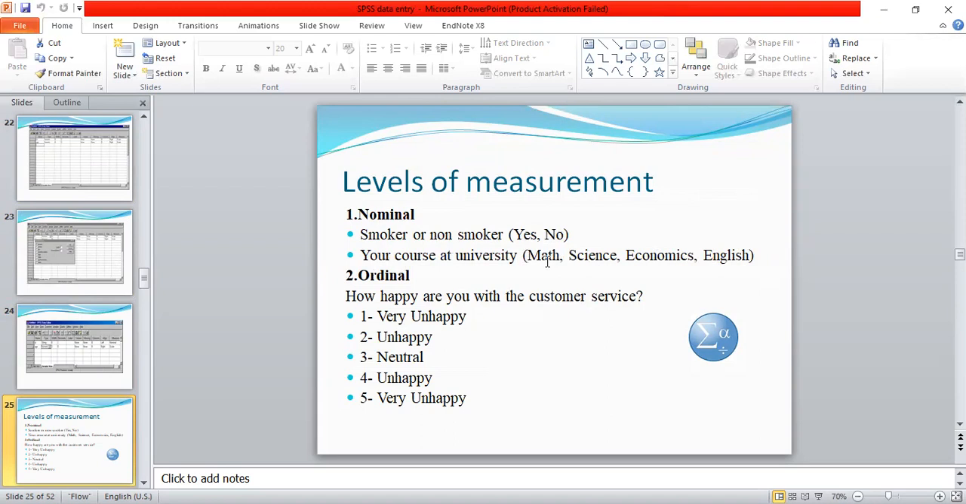For example, you can also write first English, math, science, economics. You can change the arrangement of these variables, and there is no effect on the variable. But in an ordinal variable, the order in the categories of the variable is meaningful. For example, you can measure how happy you are with the customer service. In this, you can define the range: very unhappy, unhappy, neutral, happy, or very happy. In this, you can define the categories which are meaningful,